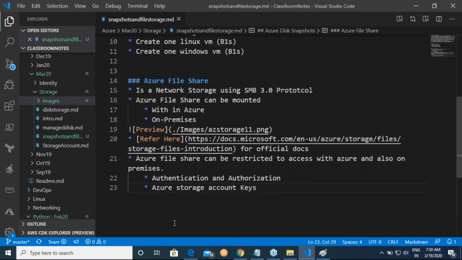Okay, right. So you can manage the full permission or access to the users by using these access keys. Am I clear on this?